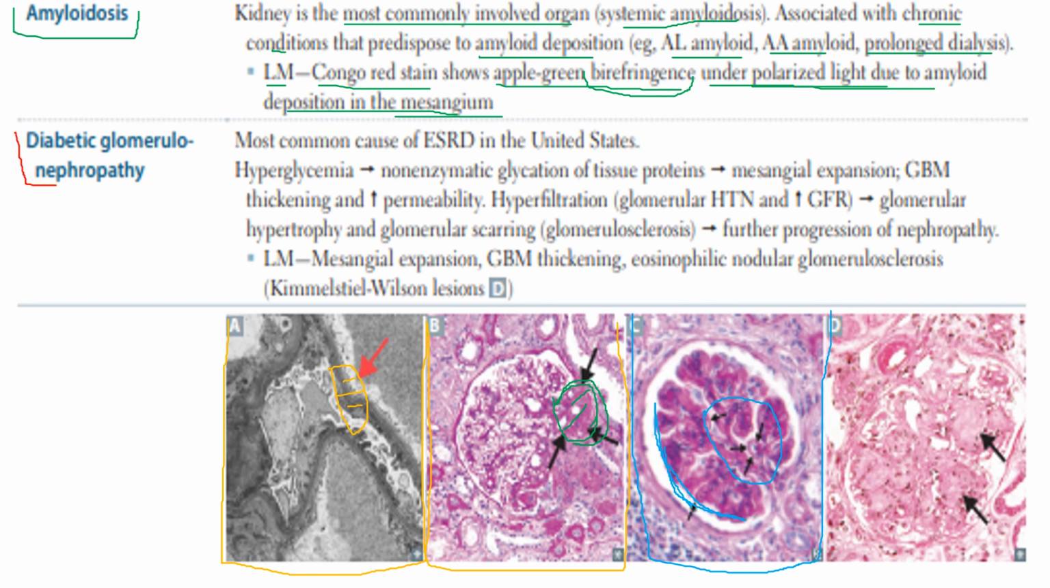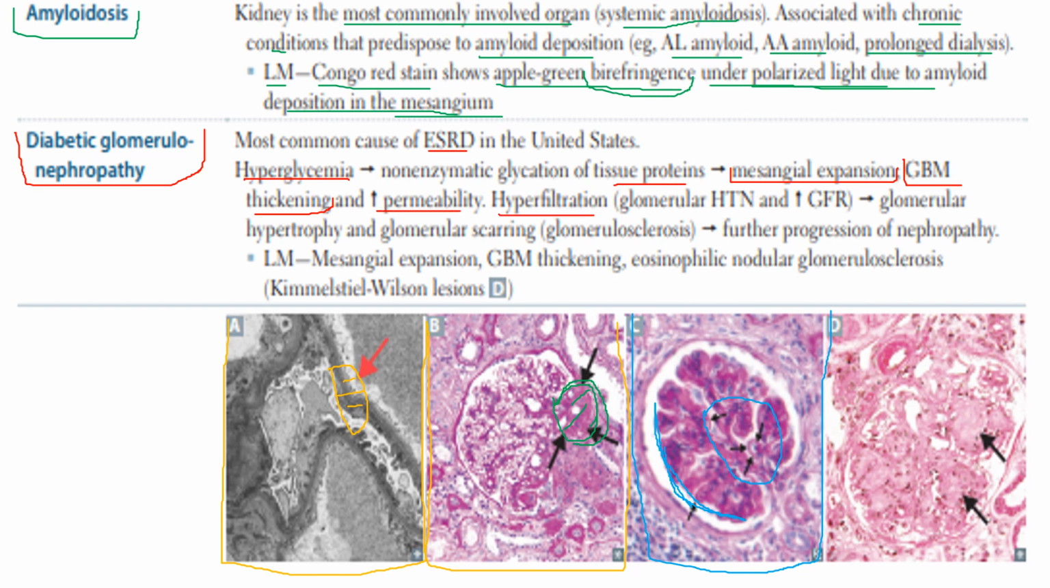Diabetic nephropathy. Diabetic glomerulonephropathy. It is the most common cause of ESRD, that is end-stage renal disease, in the US. Hyperglycemia leads to non-enzymatic glycation of tissue proteins, which leads to mesangial expansion, glomerular basement membrane thickening, and increased permeability,